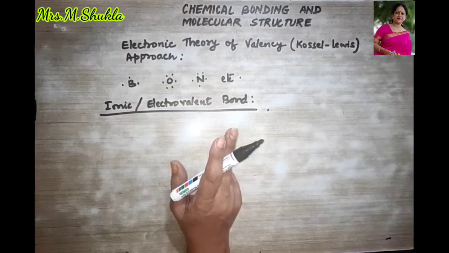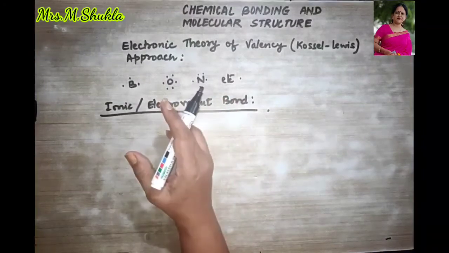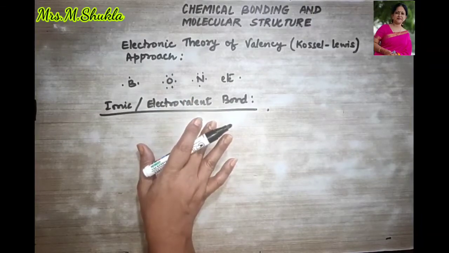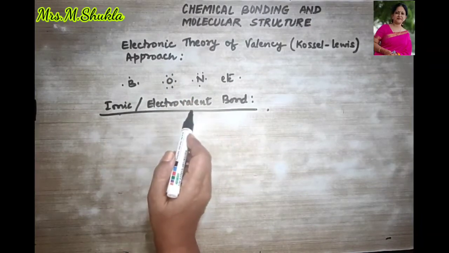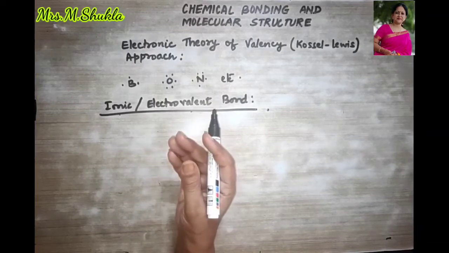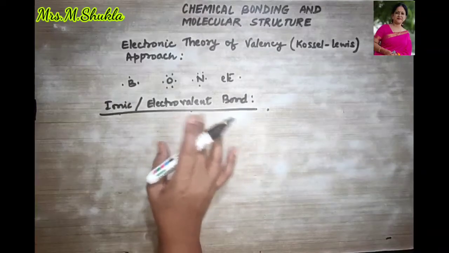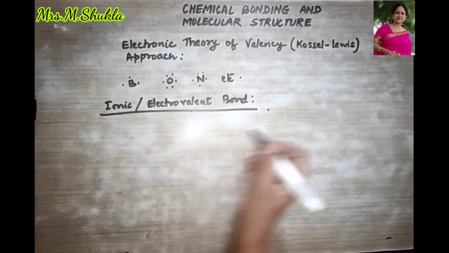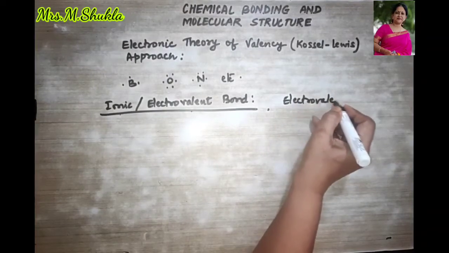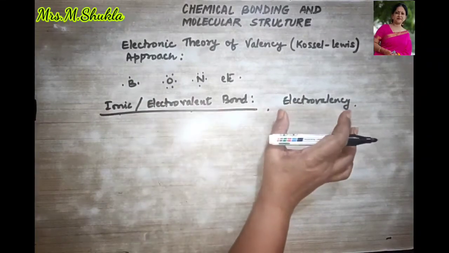This is termed as electrovalent or ionic, or even you call it a polar bond. And the compounds that are formed by this bond are termed as ionic compounds or electrovalent compounds, right? The number of electrons which an atom loses or gains while forming an ionic bond is called electrovalency, because we are talking about electrovalent bond. So what did I say?